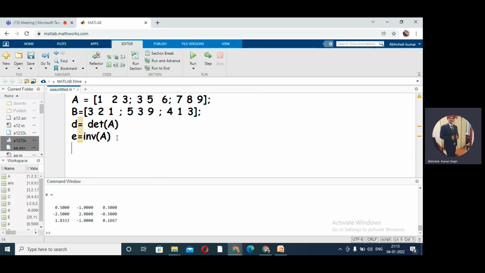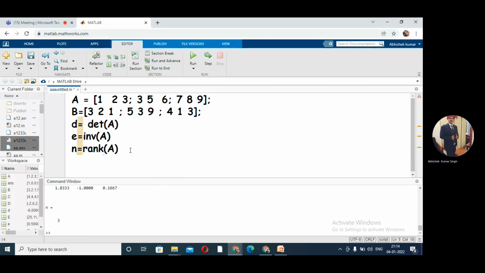Okay, rank. What is the rank? Rank we can directly write as rank of A. For a non-singular matrix, the rank will be the same as the order of the matrix. Actually, rank is the number of independent rows or columns in the echelon form of the given matrix. That we'll do in the theory part. So here the rank will come 3, because this is a non-singular matrix. So rank of the matrix equals the order of the matrix in the case of a non-singular matrix.